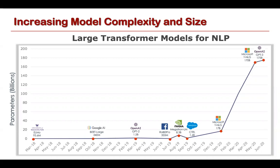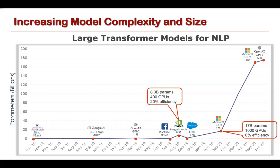So the dirty little secret of training these large models is the actual inefficiency of the use of large clusters of GPUs, right? So for the NVIDIA Megatron model, they're using 400 GPUs at 20% efficiency. For the Microsoft NLG model, it's 1,000 GPUs at 6% efficiency. So clearly what's needed is a more efficient way to train these huge models in order to continue the progress